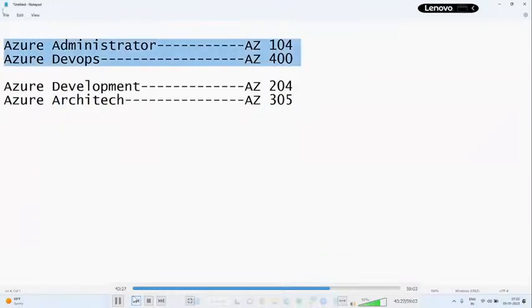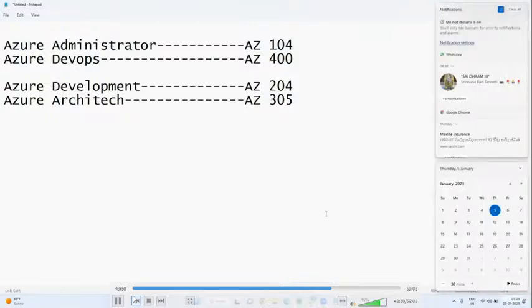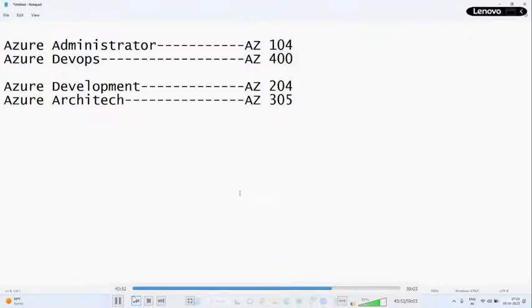I am going to teach you two certification papers: Microsoft Azure Administration with DevOps. What topics I am going to cover, and what the subtopics are for these two, we will present in the next session, in tomorrow's session. If you have any questions, feel free to ask me. I will be happy to help you.